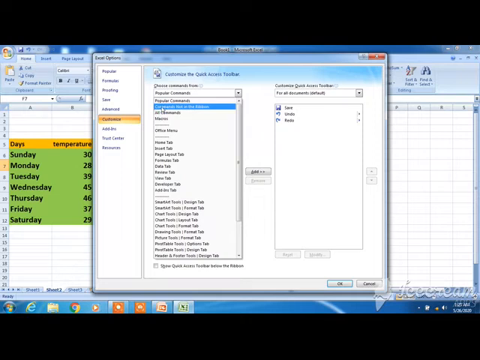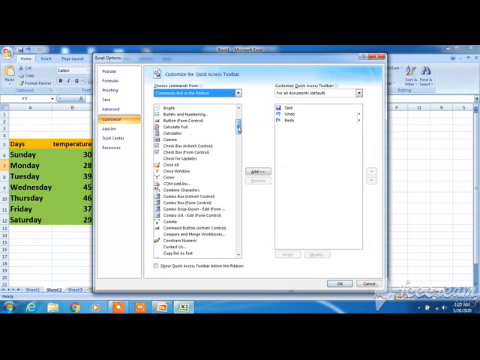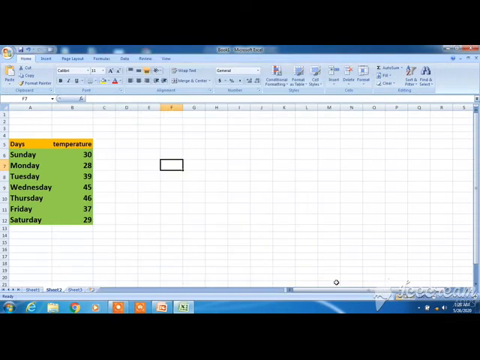Click on commands not in ribbon. As soon as you click on commands not in ribbon, there you will find form. See, form option is there. Click on this form. Click on Add. Form will get added. Then OK. Clear?